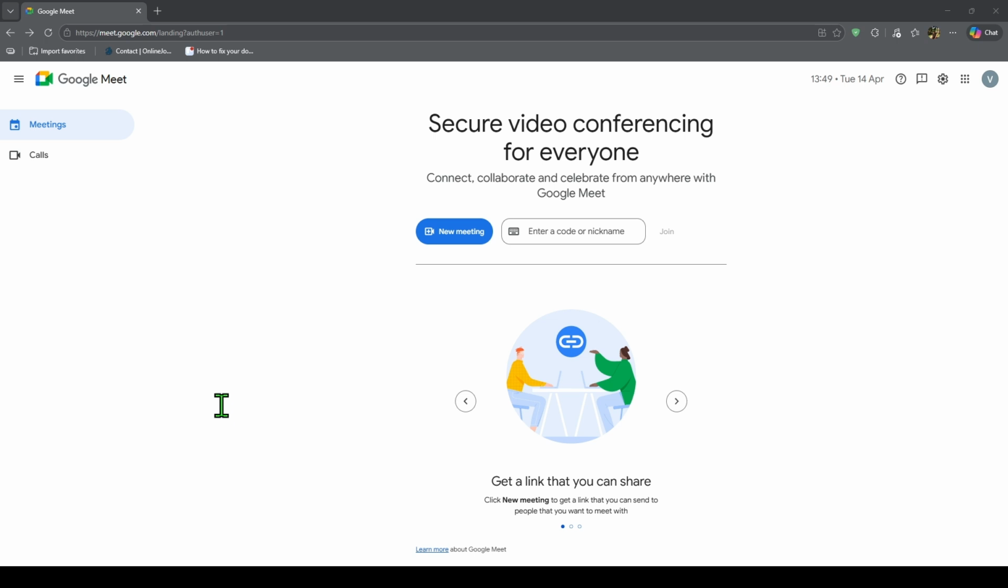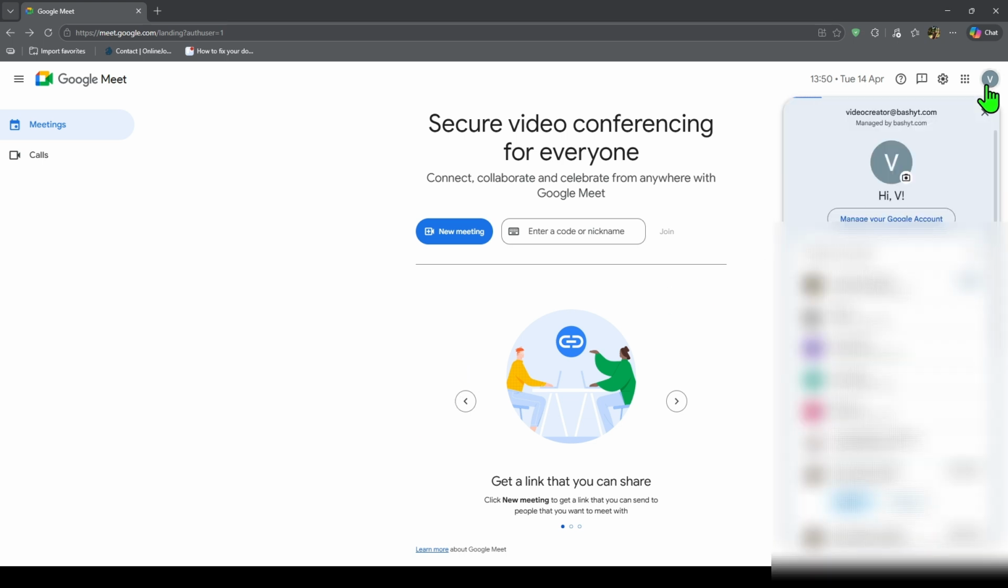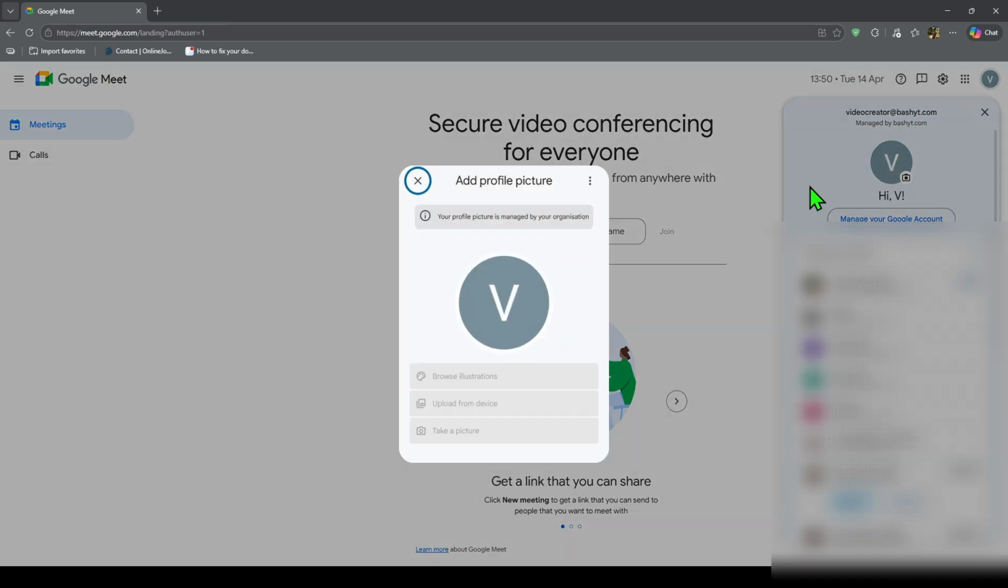First, let's look at the desktop method. Open a Google app like Gmail in your browser while signed in to the same Google account you use for Meet. At the top right, click your profile picture, then choose the option to change your profile picture. Google says you can then choose an image from your computer or from Google Photos, adjust it, and save it